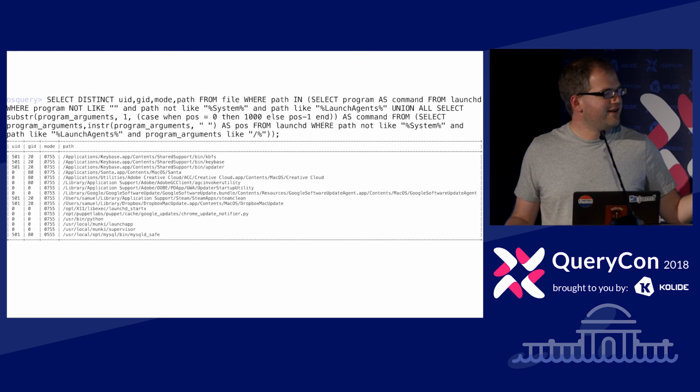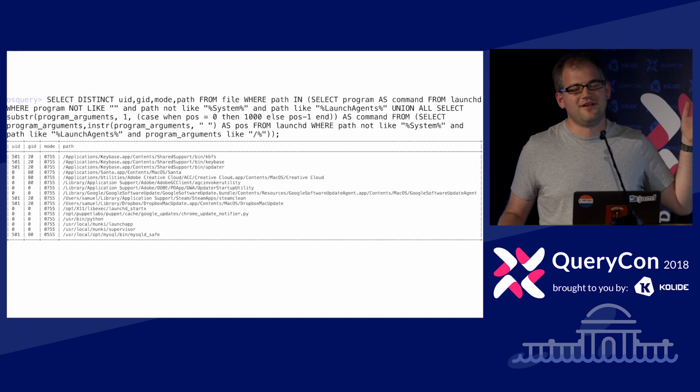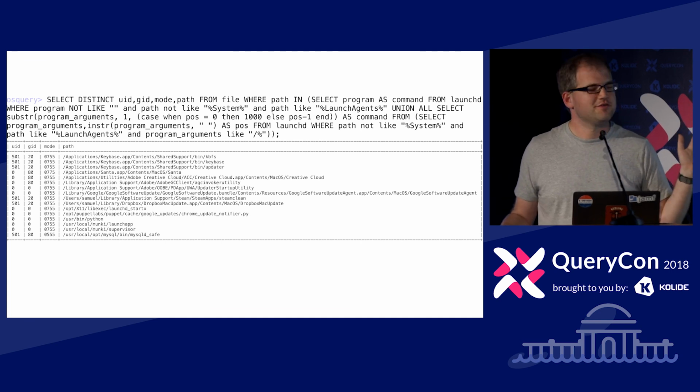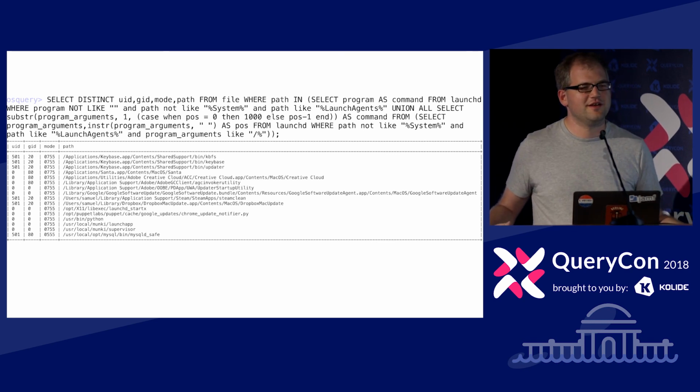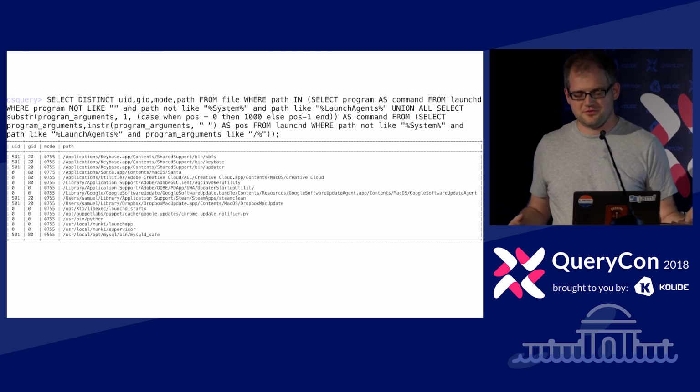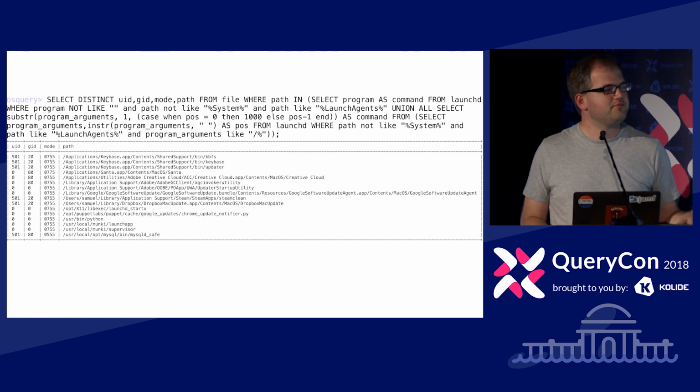In my real query here, I do select star from file, but it's too big to display on here. But I hope that a query like this, which starts to get long, and it's by far not the longest query that I've written, can kind of inspire those who are approaching SQL in an Osquery way to do more interesting things and adapt.